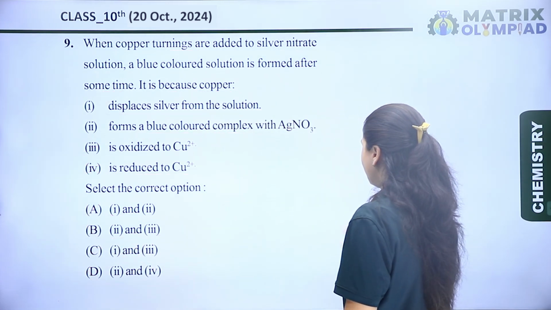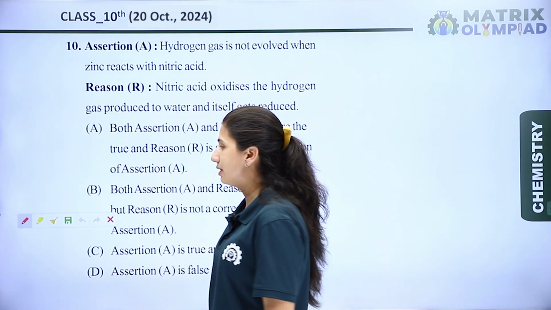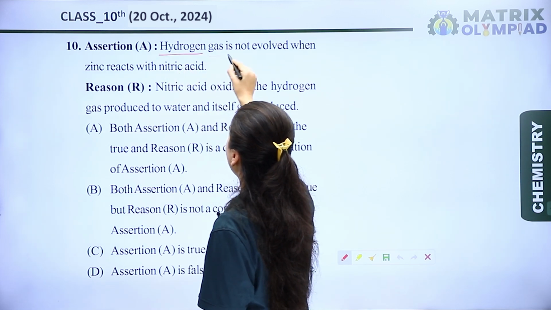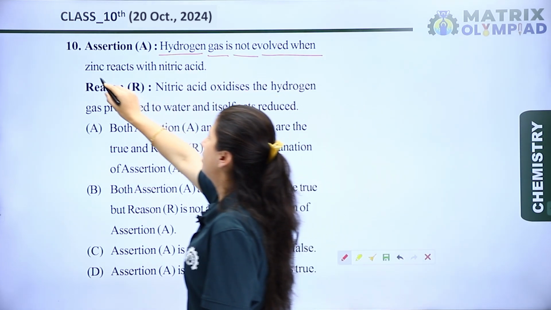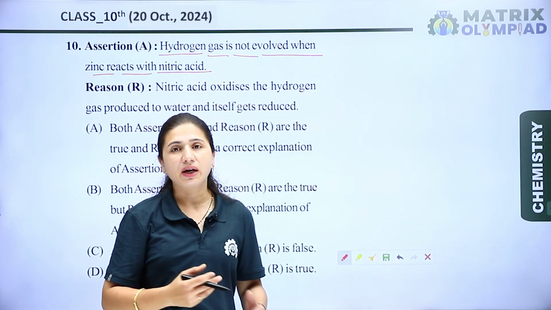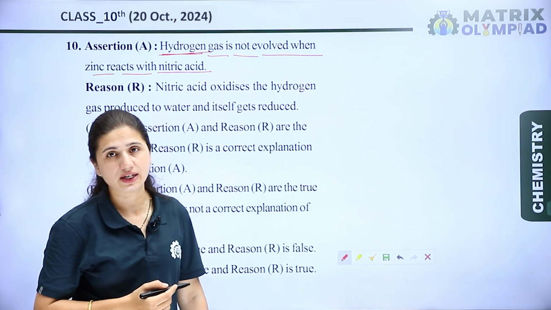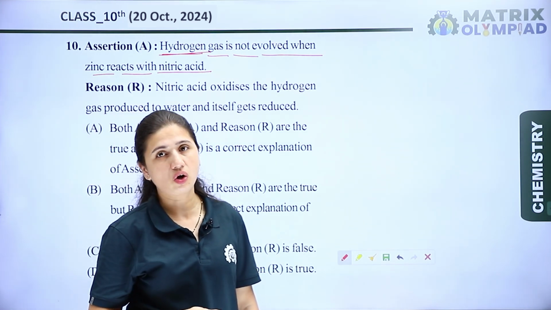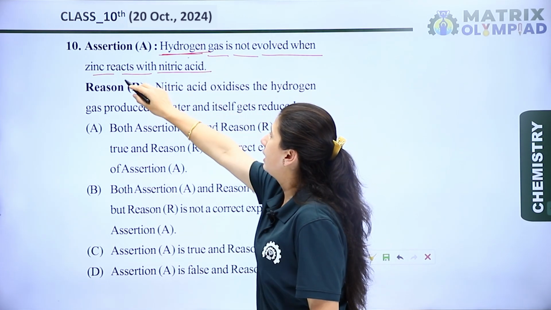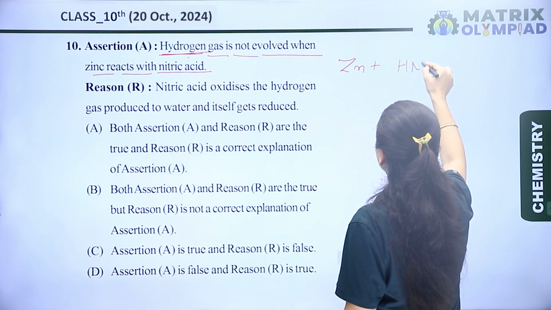Now let's see the next question. The next question is an assertion reason type question. Let's see the assertion statement. The assertion is that hydrogen gas is not evolved when zinc reacts with nitric acid. Generally, we know that when any metal reacts with any acid, it releases hydrogen gas and forms a particular salt of that metal. So, when we discuss zinc and nitric acid, HNO3,